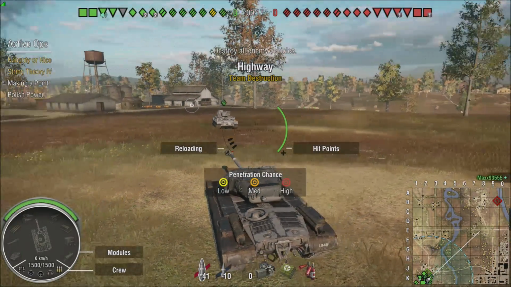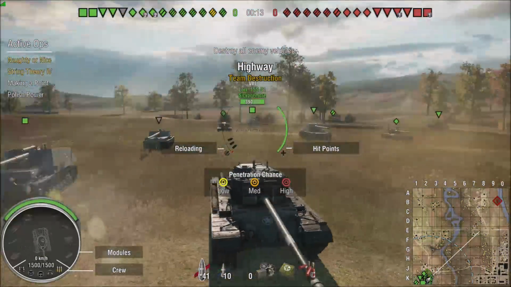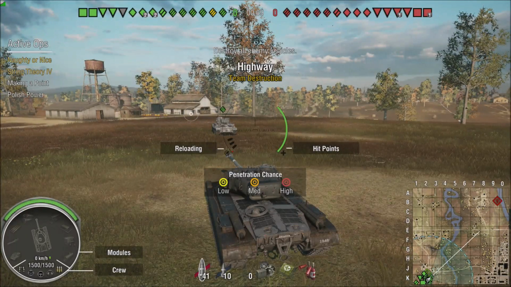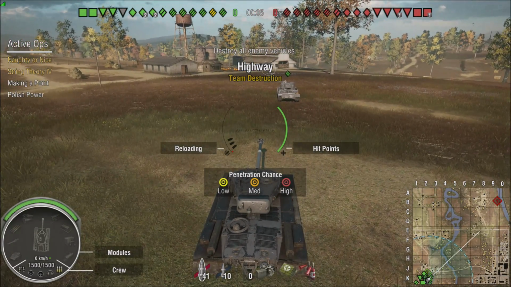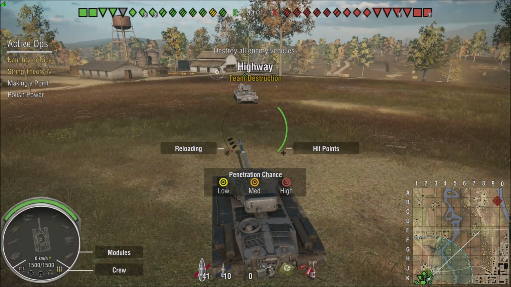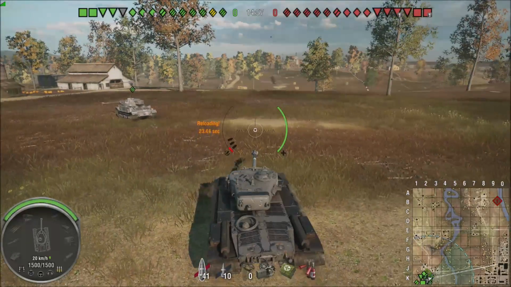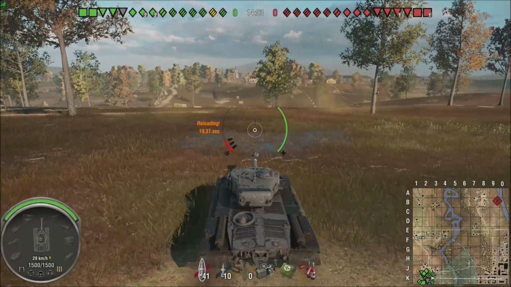Prototype. So, let's start out with the premium bonuses. It's got a 50% silver bonus and a 15% XP bonus, so nothing really crazy there. It's got a 10% free XP earn rate. Not sure, I've never seen that stat before, so I don't know how that matches up against other tanks, premium-wise. But that being said, we also have